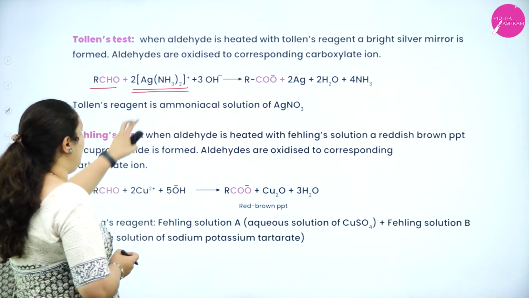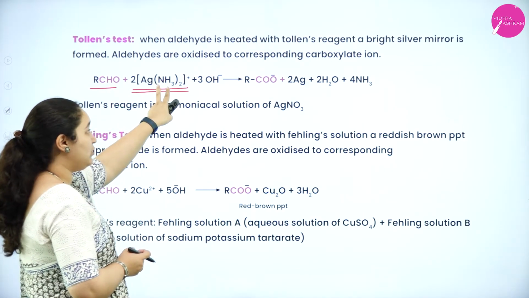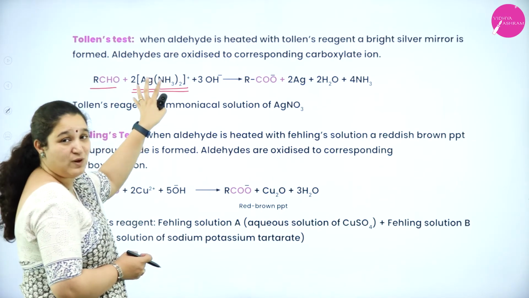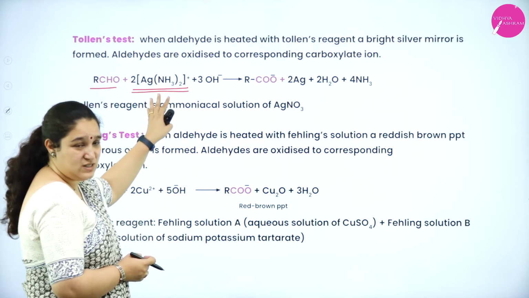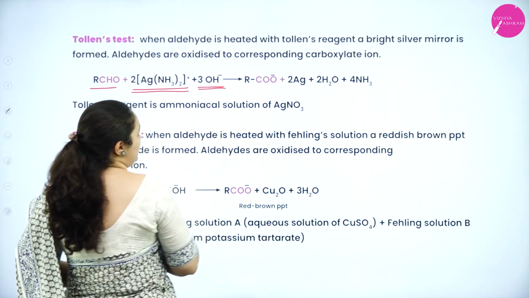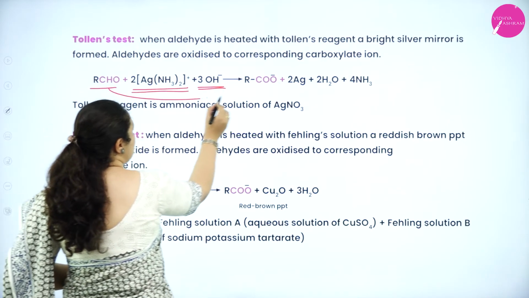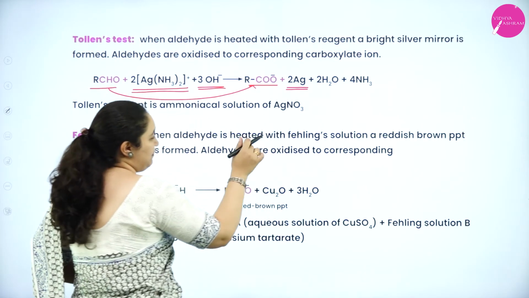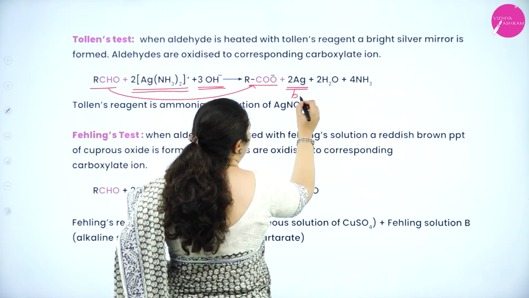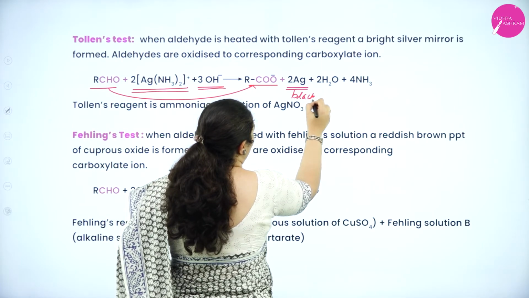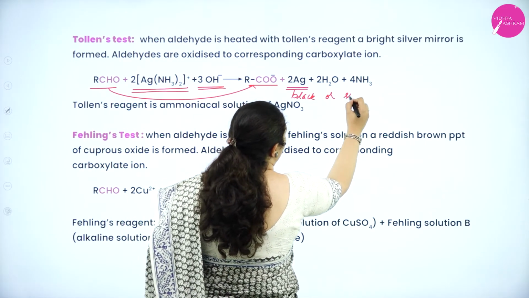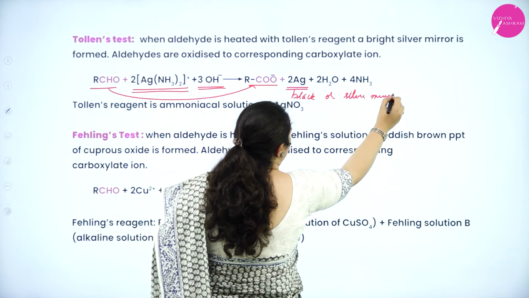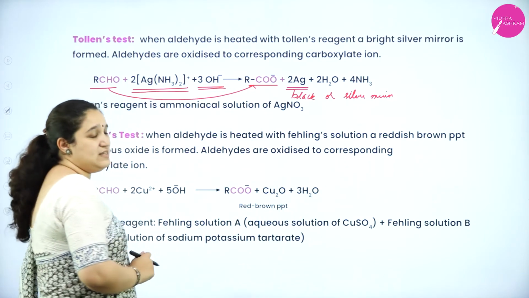So, you have Ag, silver and ammonia group, that is NH3 group is there, and this is Tollens reagent. This is one of the complex ions of Tollens reagent. In the presence of OH minus, see, aldehyde gets converted to carboxylic acids and it will form silver precipitate. That is why you will get a black or a silver mirror as precipitate. Okay, and ammonia is liberated.